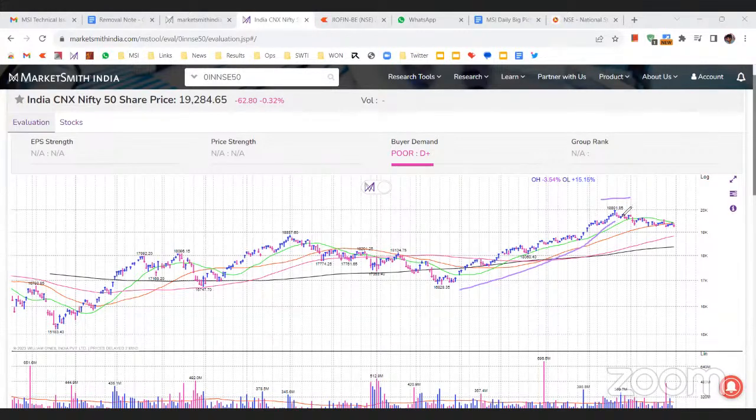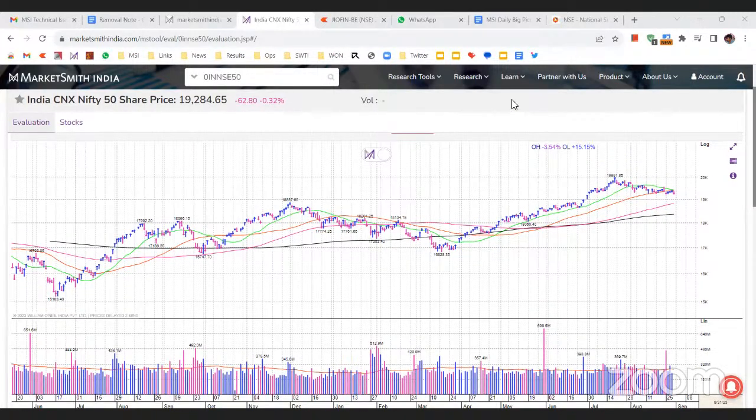After market topping out around this level, there is some kind of profit booking and selling pressure coming into the markets. You can see Nifty during this downtrend, that is selling, Nifty has breached its 21 DMA as well, and currently it is trading near its 50 DMA, which is a red line here. So 50 DMA is going to be a very crucial level for the index. You can see for the last 2 weeks, Nifty has been trading very close to its 50 DMA, and there is no decisive momentum on either sides.